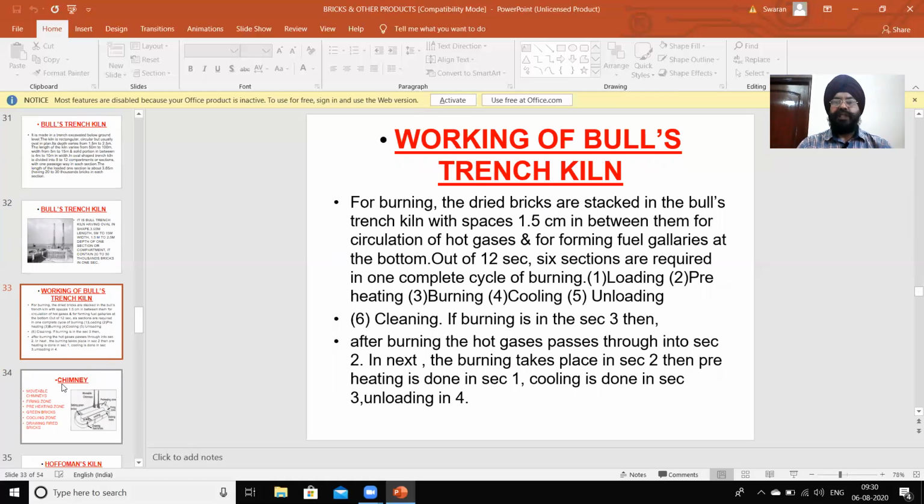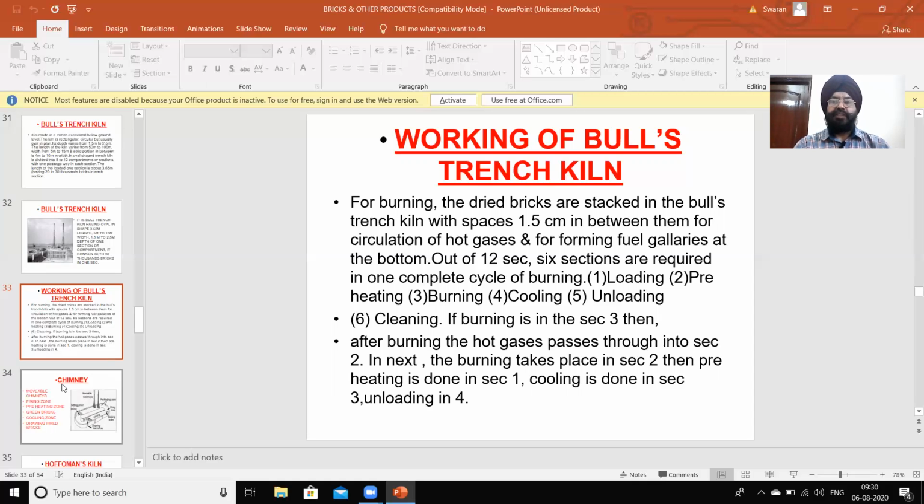So, working of Bull's trench kiln or burning: the dried bricks are stacked in the kiln with spaces of 1.5 centimeter in between them for free circulation of hot gases and for forming fuel galleries at the bottom.